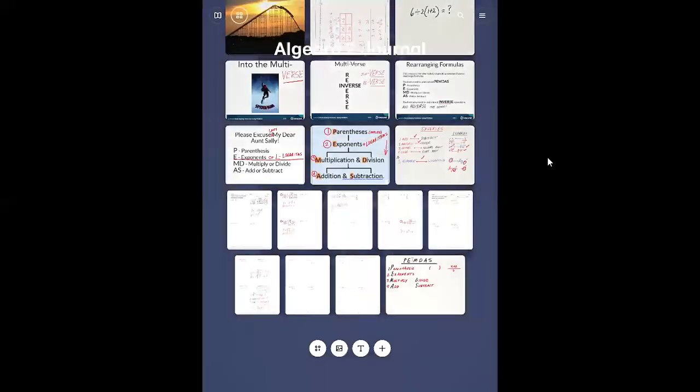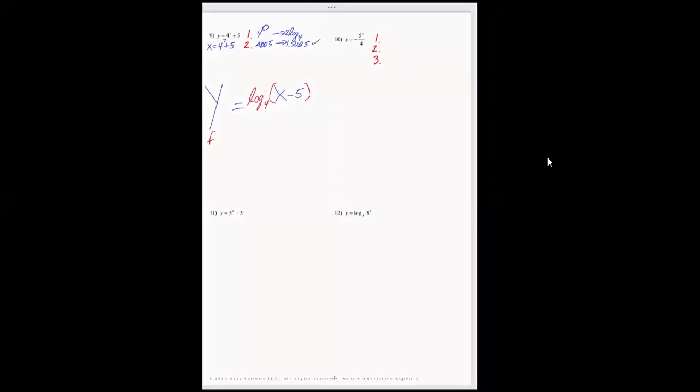Let me see. Maybe I'll try one more here because that one was pretty quick. Let me see what we got over here. Yeah, I'll try this one. This is y equals log base 4 of 3 to the x power. So let's stop the video, try this one, and then we'll do it together. All right, so I'm going to rewrite it: x equals log base 4 of 3 to the y power. And now